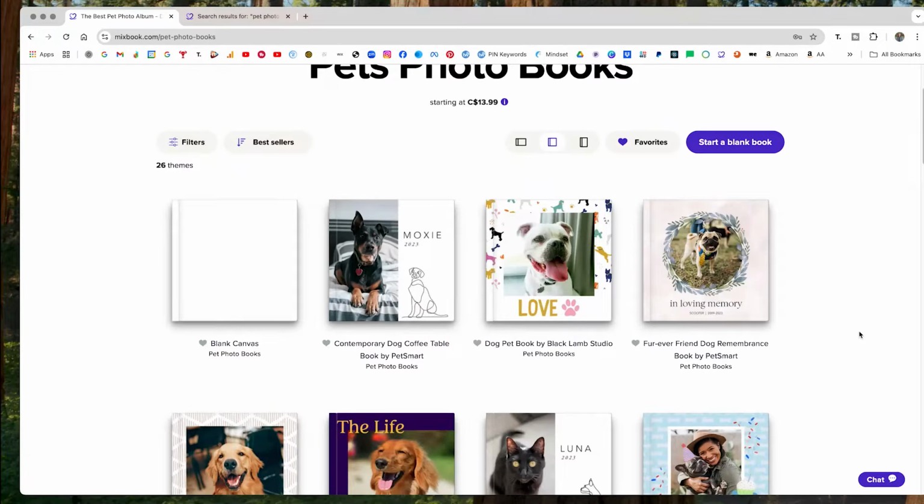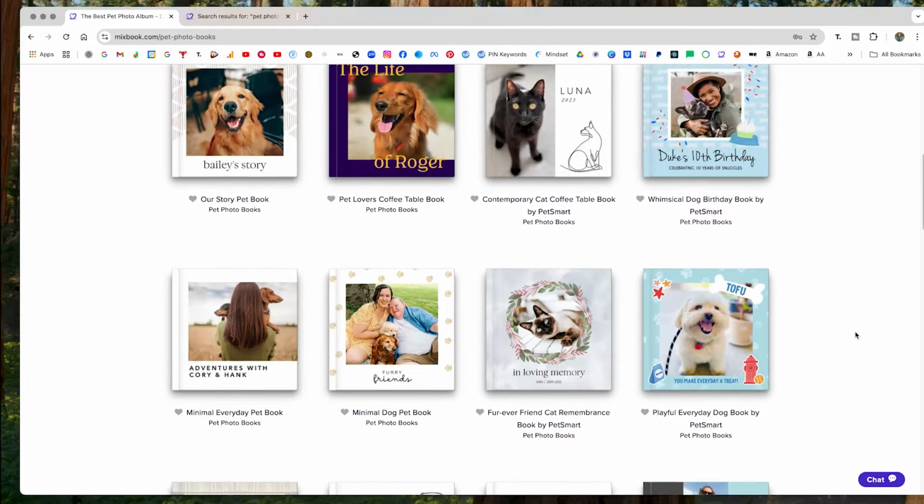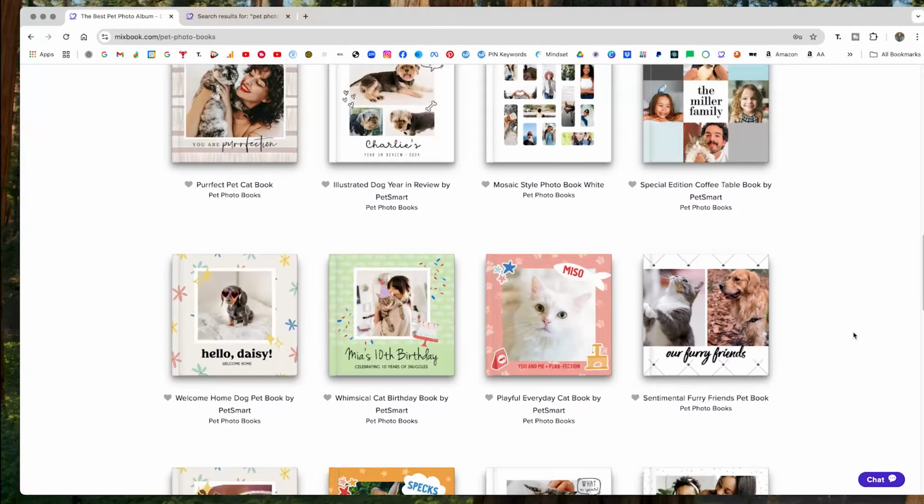It doesn't mean that you will love every single element or every single font or color involved in this photo book. You can make changes, you can delete, you can add, you can edit, but it is a great starting point. So if you look through here and you think, you know what, none of these really speak to me,